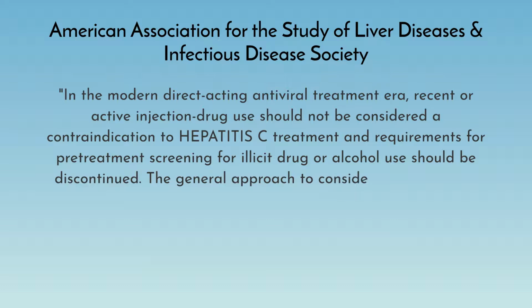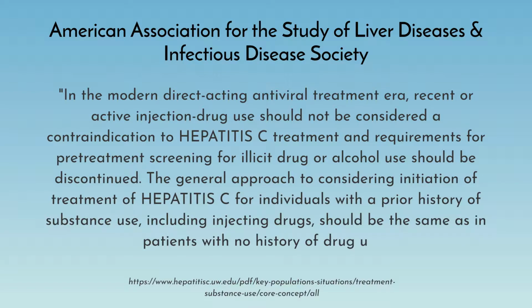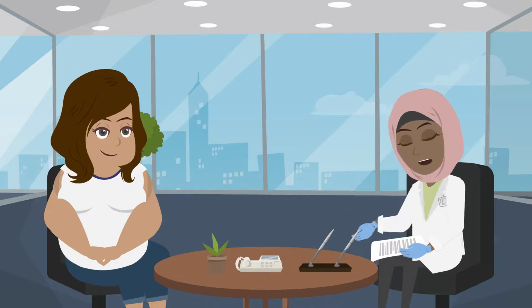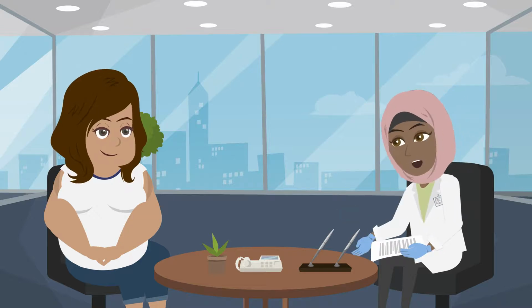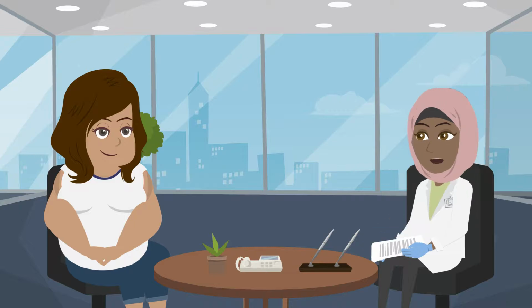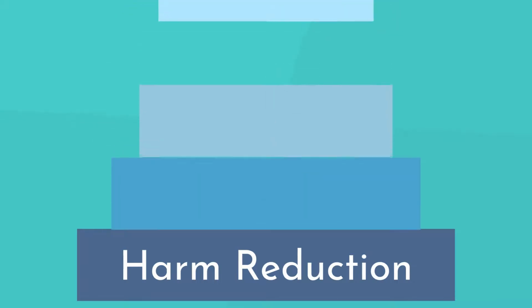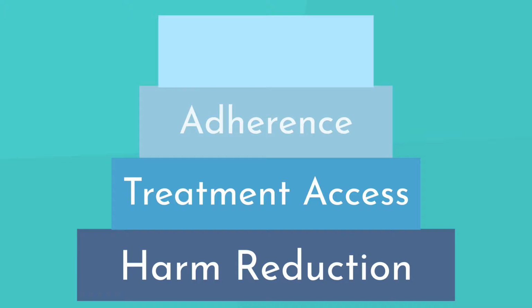The general approach to considering initiation of treatment of hepatitis C for individuals with a prior history of substance use, including injection drugs, should be the same as in patients with no history of drug use. Furthermore, it is recognized that a well-established therapeutic relationship between clinician and patient remains crucial for optimal outcomes with direct-acting antiviral therapies for treatment of hepatitis C. Harm reduction, therefore, provides the critical platform from which to build such a therapeutic relationship with a typically hard-to-reach patient, ultimately leading to treatment access, adherence, and better overall health